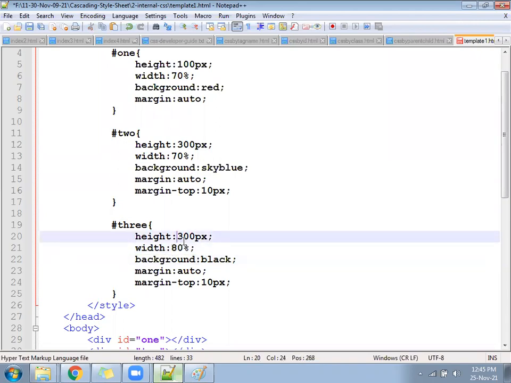Height keep 70, 80. First is 100, we can reduce first to 80, 70, last keep 100. So now, that's all. Nothing else, this much only. And this is going to look like this.